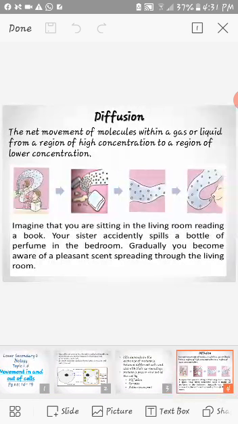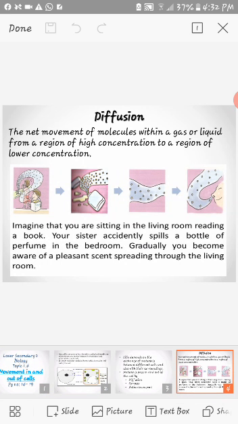So what will happen? The perfume is volatile, right? So it can evaporate very easily. When it evaporates, the particles of the perfume collide with the air particles, right? When the bottle of perfume spills on an area, the concentration of the perfume particles in that area is very high, so it has to move from the higher concentration area to the lower concentration area, because when the concentration is higher on one side, the particles will collide even more. When they collide even more, they will spread, of course, right?